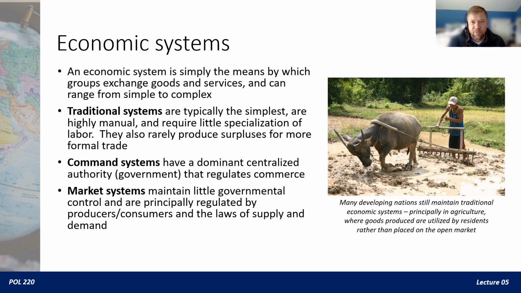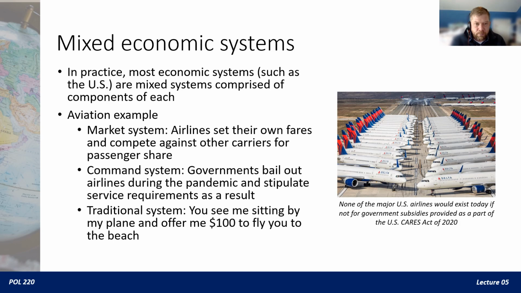If supply of something is very low, then demand is going to increase and prices will increase. And obviously we've seen this as a function of the pandemic, and we see these rolling effects from it. So think about these as two polar opposite systems, but they represent perfect examples of those systems. And in practice, very few economies actually look totally like one or the other. In practice, most economies are really a mixture of both of these. They're mixed economic systems. So countries such as the United States are a mixed economic system comprised of elements of each.